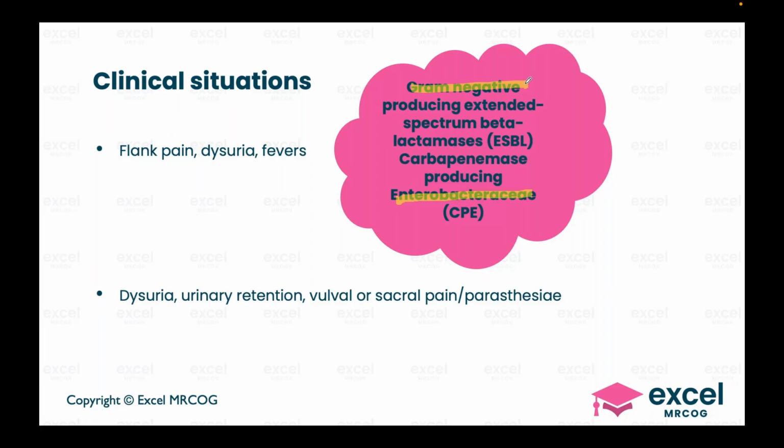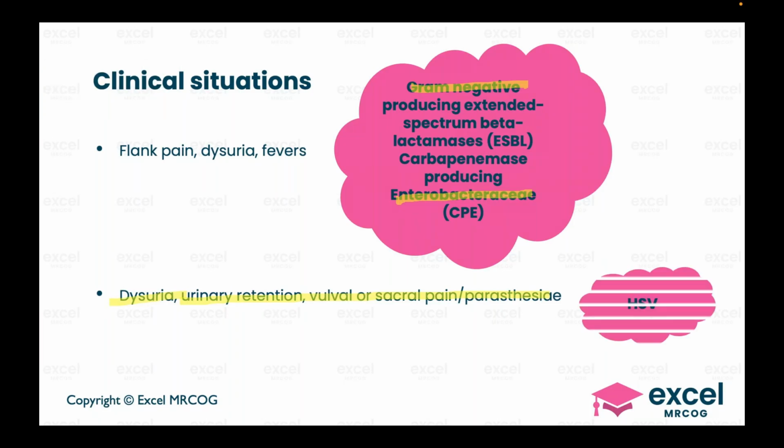Okay, you also have dysuria, urinary retention. Can anybody tell me what this is? Vulval or sacral pain, paresthesia. Herpes. Excellent. HSV. Okay, so this is something that you must remember. And I think you should get a question on HSV because it is mentioned that in the last 3 years there have been 2 deaths in the UK because of disseminated HSV, which went unrecognized because they all thought that it is bacterial infection, bacterial sepsis,